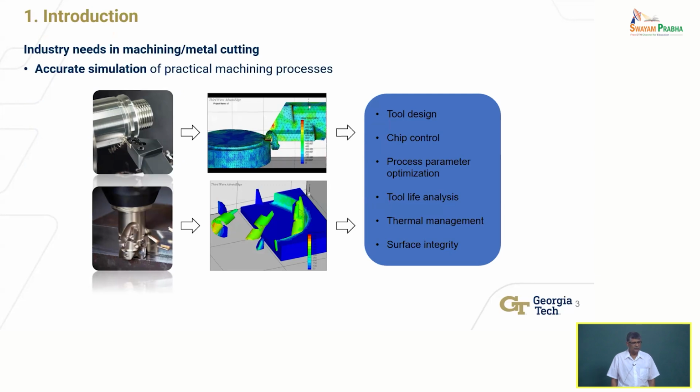And so of course, industry uses it, but as with any other manufacturing process, you don't want to rely on trial and error experimentation to determine under what conditions you will get the desired output. Machining is no different. Here again, we want to be intelligent about how we arrive at the conditions which will give us the end result that we are interested in. So in other words, solving the inverse problem.